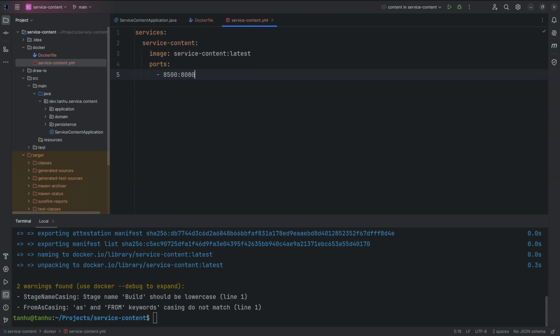I chose a port other than 8080 because it is a commonly used port and we might encounter a port binding exception when using it. Step 6. Run the container. Now let's run the container using Docker Compose. Open a terminal and type: docker compose -f service-content.yaml -p myapp